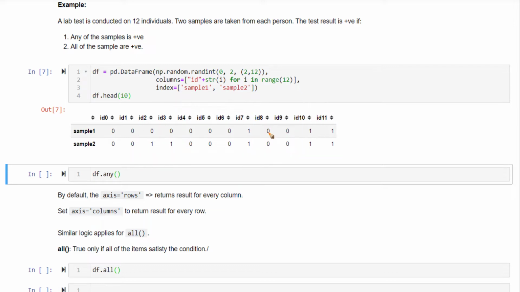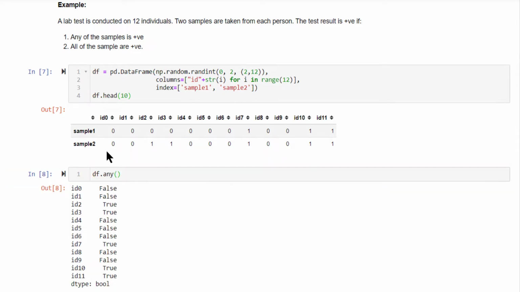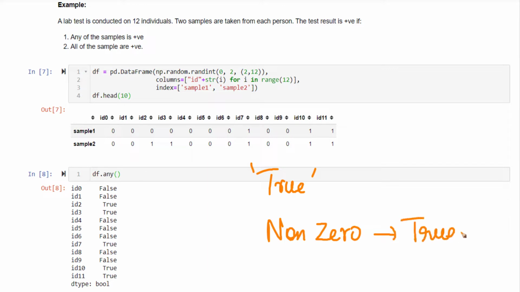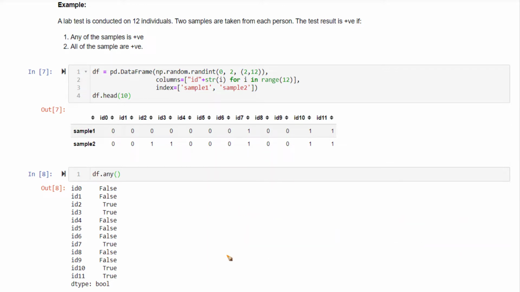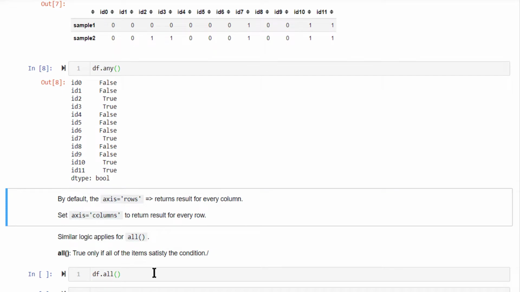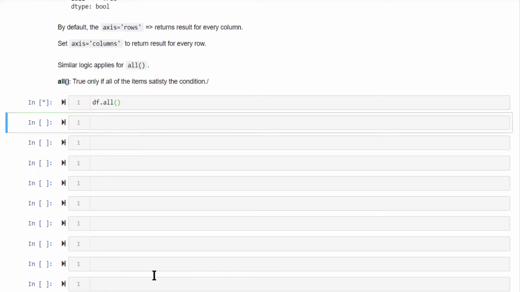All right. How to do that? You can do that using the any and all functions. So basically, using df.any, it will return true if any of the values present in a given column is true. When I say true, it could be the literal Boolean true, or it could be any non-zero value. Any non-zero value is also evaluated as true in Python. So that's how any works. The opposite is true for all. If all of the values are true only, all will give you